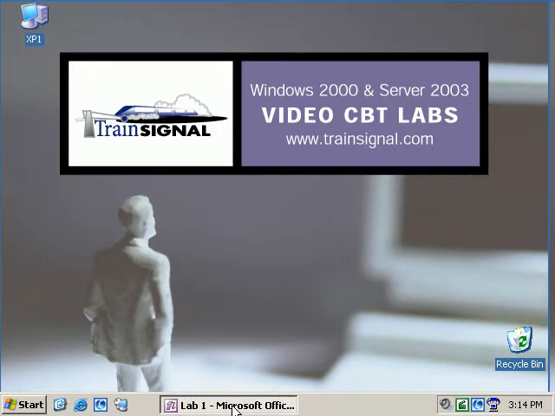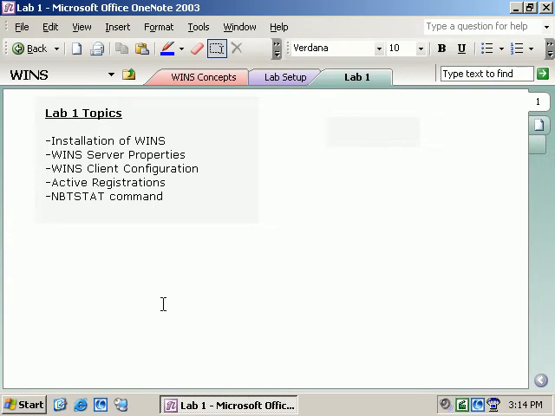In this first video, we're going to take a look at the WINS, Windows Internet Naming Service, and we're going to go over the installation of WINS on a single computer first, our Server 1 system we spoke of in the lab setup. From there, we're going to focus on the WINS server properties, client configuration, active registrations, what these are, how we can manipulate these and actually query through them. Then we're going to go through some NBTSTAT commands just to see what we can do from the WINS client